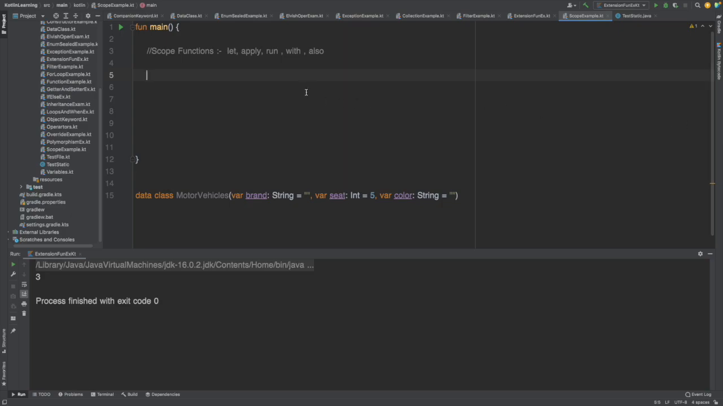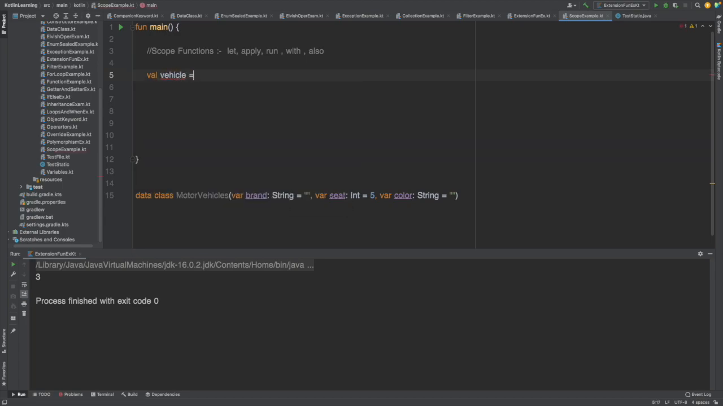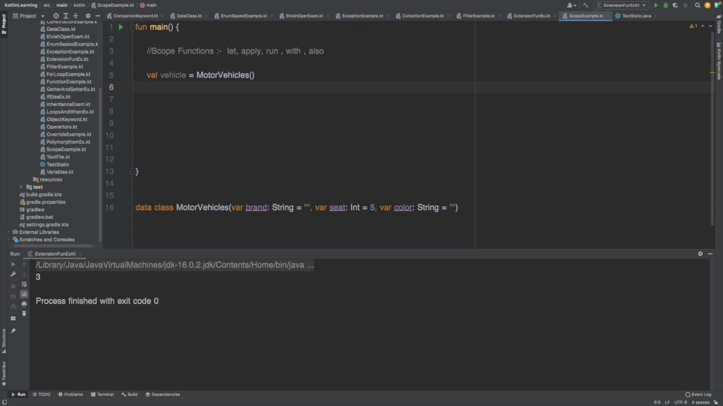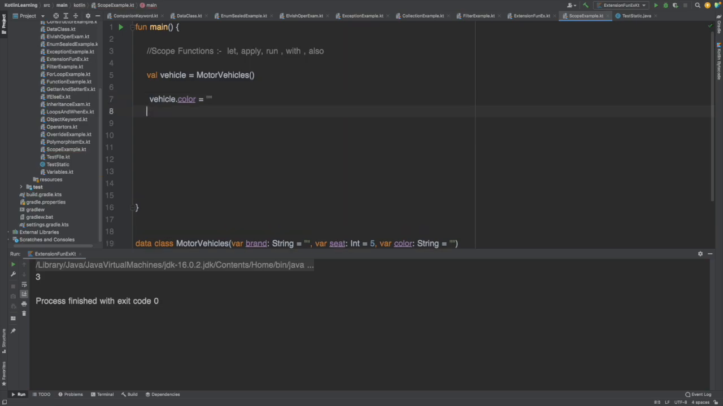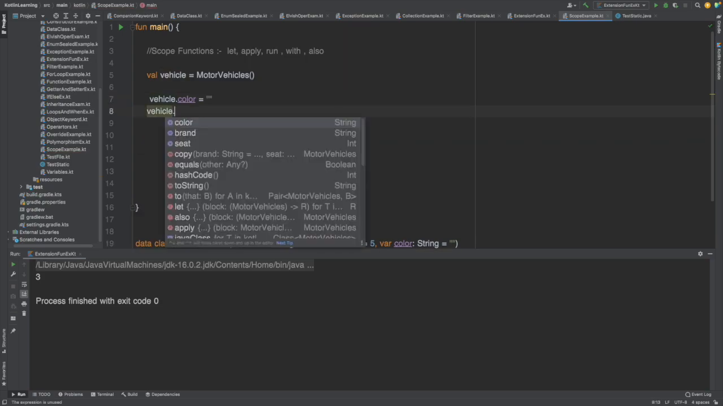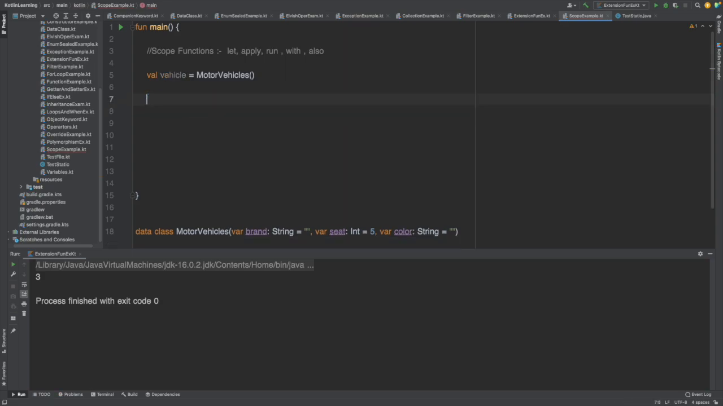For example, let's create an object vehicle, which equals MotorVehicle, because we have the class I created. If we want to assign values, like vehicle.color, we can say any color. If you want to assign the brand, seat, anything, we have to write it like this. But if you want to do all of them without writing again and again, what we can do is